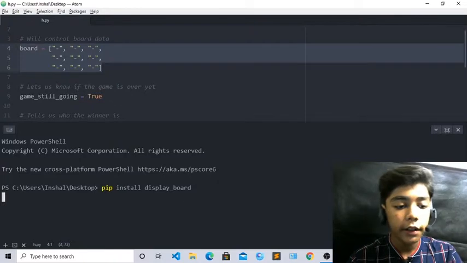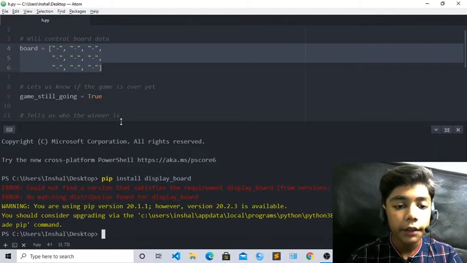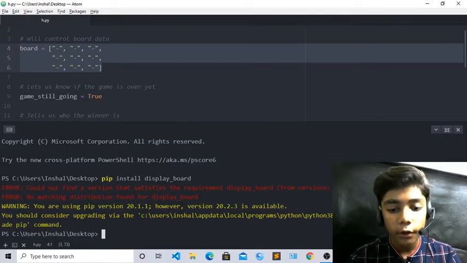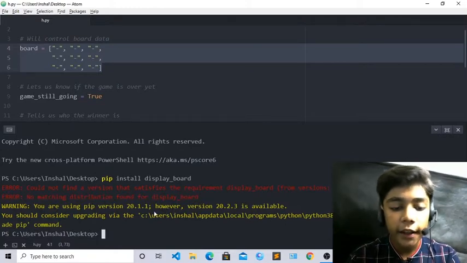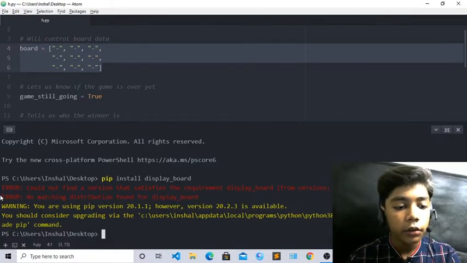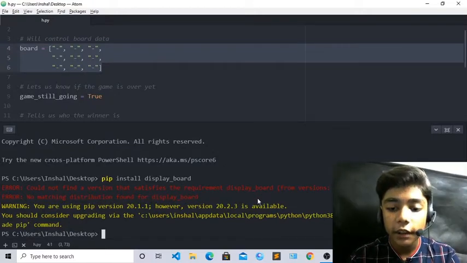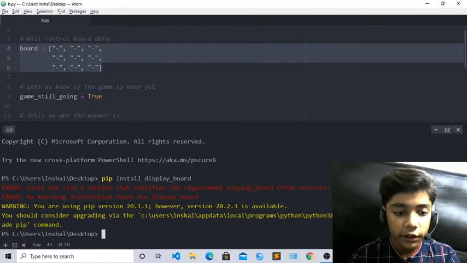Now enter here. You can see it has not a latest version, it is only one version which is going really good. So we have to use this only for doing our work till the end, okay. Till here I hope you understand that. There is an error coming: could not find a version that satisfies the requirement, because this requirement is already satisfied and it has not a latest version here, okay.